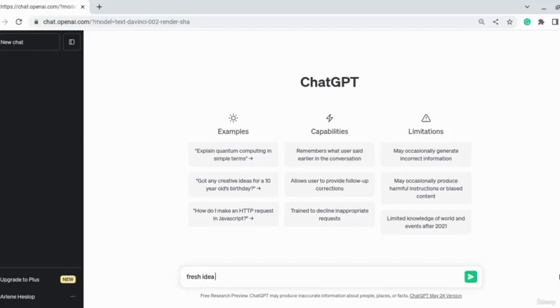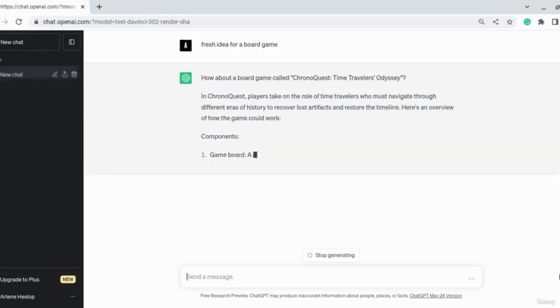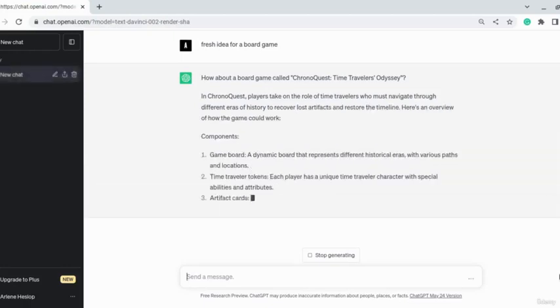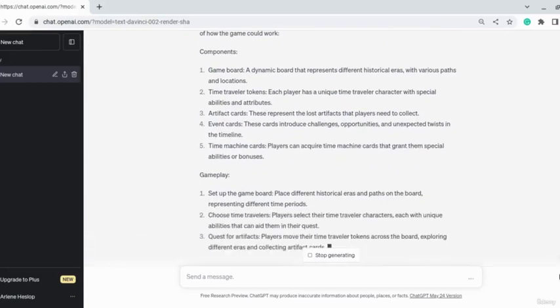Now ChatGPT can help you create fresh ideas because it has access to a reservoir of information, and as such, you can stack ideas on each other to create board games, even online games that haven't existed before.